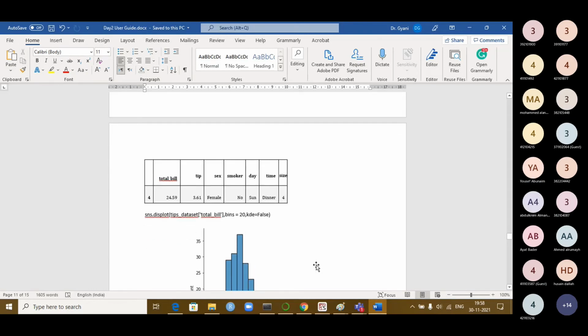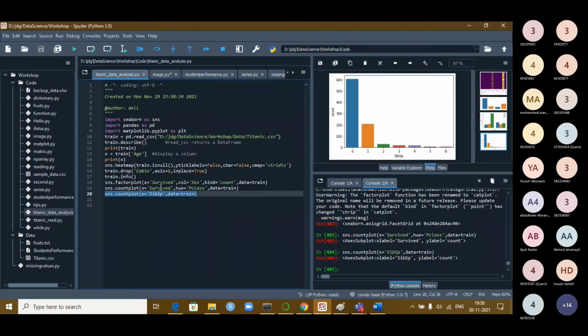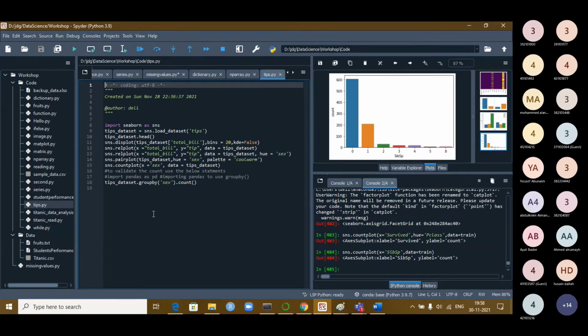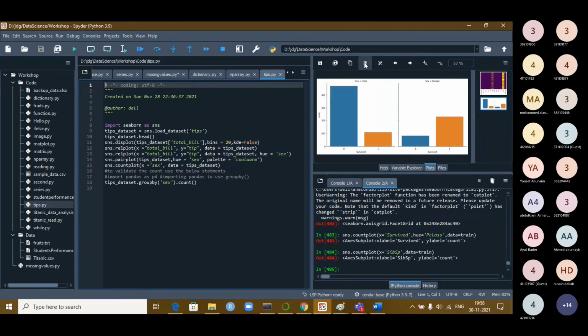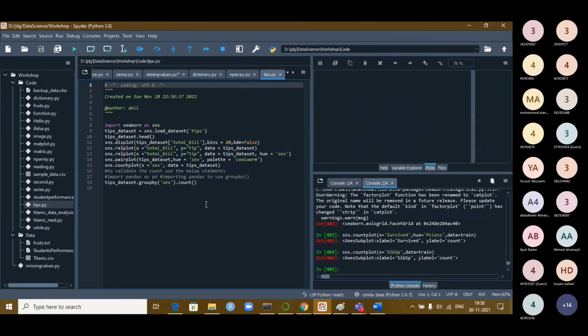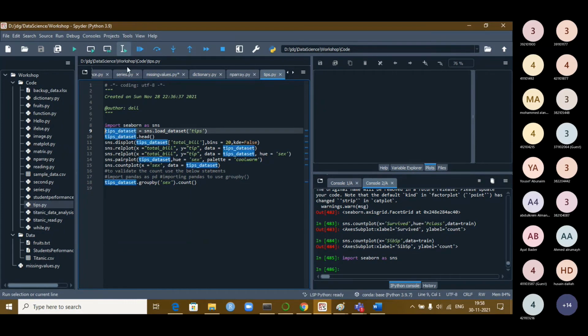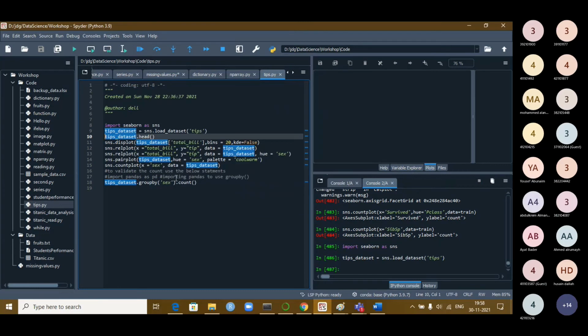Now let us load the data set into our tips data set. Let us remove these plots so that our memory will be saved and the system will work fast. Let us come here, import the Seaborn package, tips data set, because it is already available within the package. You say load_dataset and your data set name. We are using it here. The data set is read. Now load the first few rows.